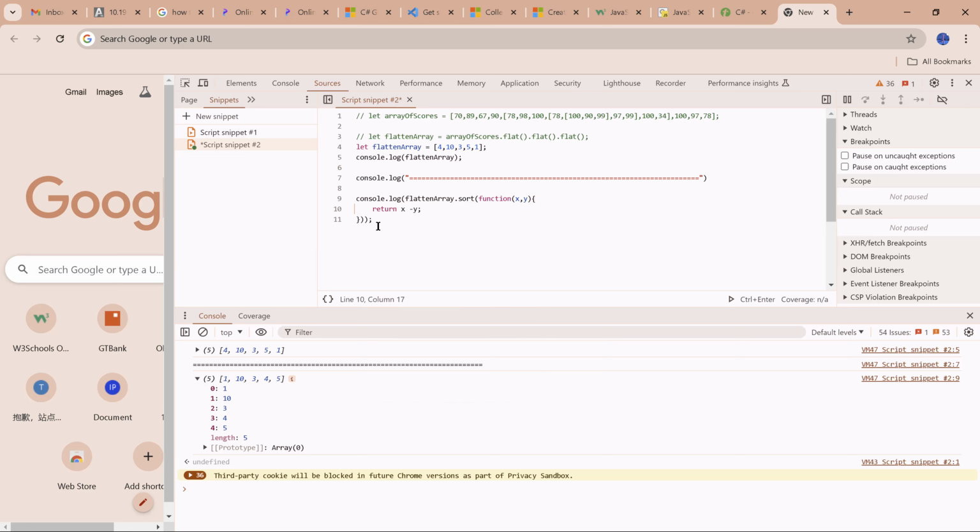So what is going on here is this. It will take this very first one, 4 minus 10. This 4 goes into X and 10 goes into Y. So if you try to do the subtraction,